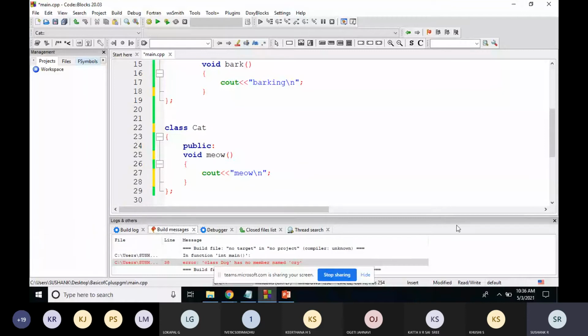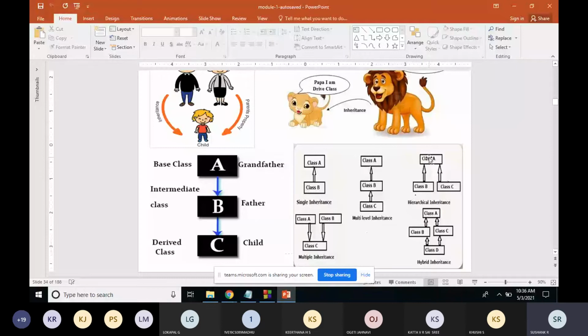So now, as per our hierarchical inheritance example, this class called B and C should refer to the base class called A. Here in our example, we are taking Animal as the base class and Dog and Cat as the derived classes. That means both the classes should inherit the Animal class.